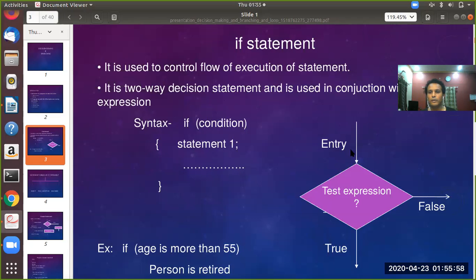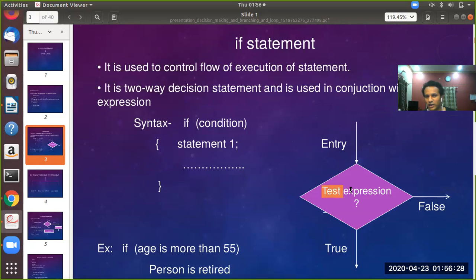Now look at this flow chart here. Execution of the if statement starts from this point. It tests an expression. Expression means the condition that you write within the parenthesis here. If it is true, it will go inside this block and execute all the lines in the block. In case it is not true, then it skips them.